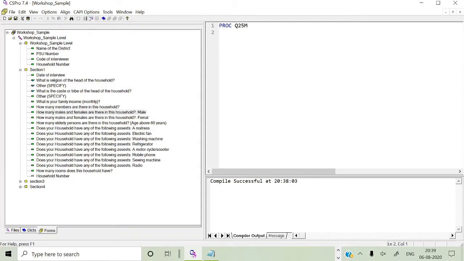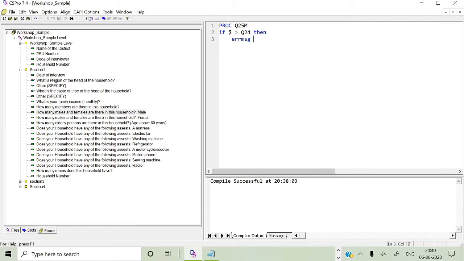Programming: if dollar, that is if the q24 male member is greater than q24 total members of household, that is, if the male member count is greater than the total members, then we have to declare an error message.